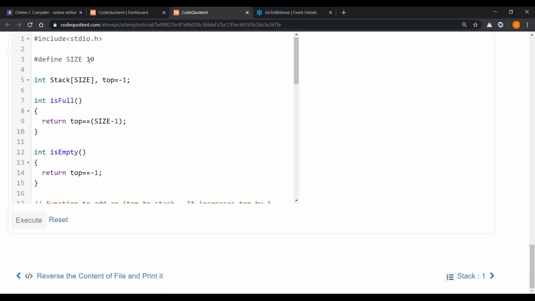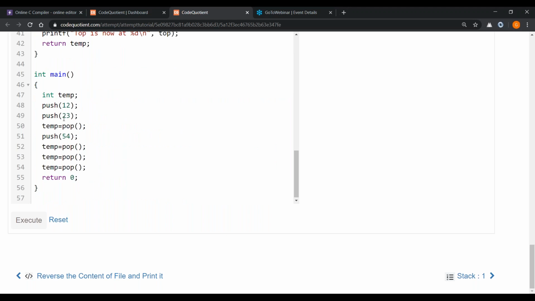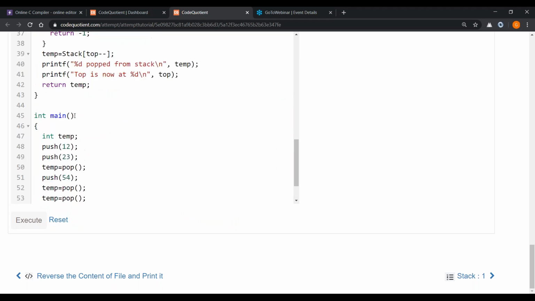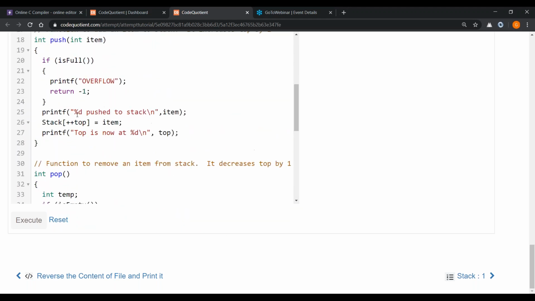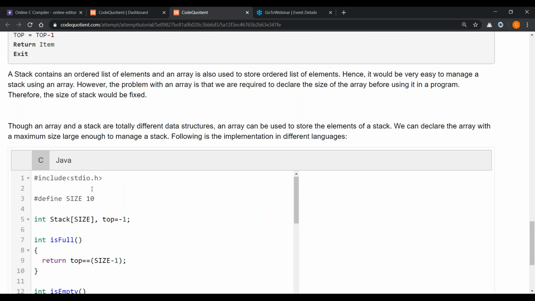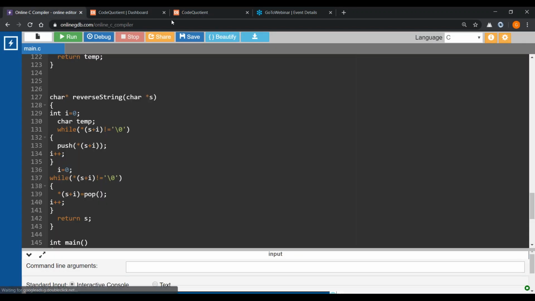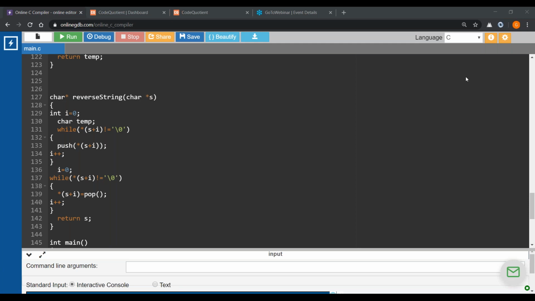Instead of size 10, I'll be taking a size of 3, and I'll make certain modifications in the main, and I will explain the concept so that you get all the error messages along with the push and pop operation visualization. So I'll be taking the same example and giving you the dry run of it in an online compiler. Just a moment, let me open an online compiler for you.